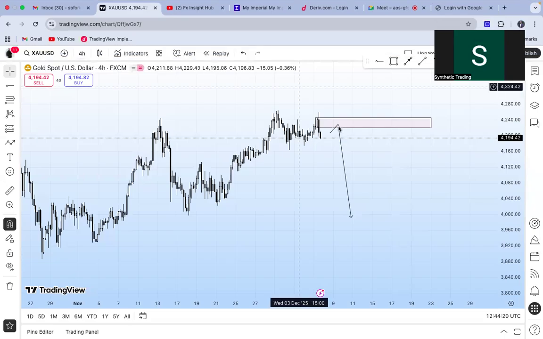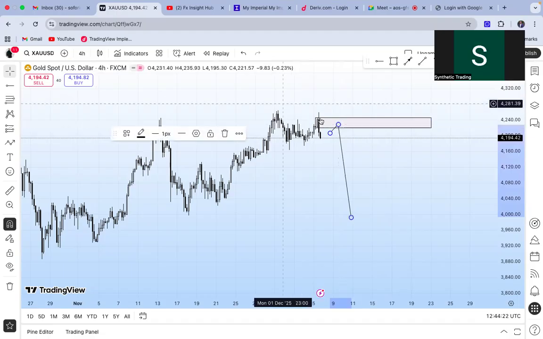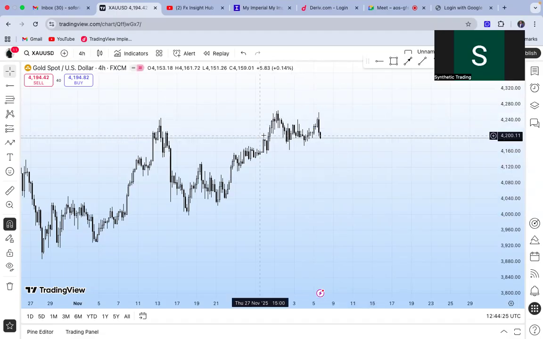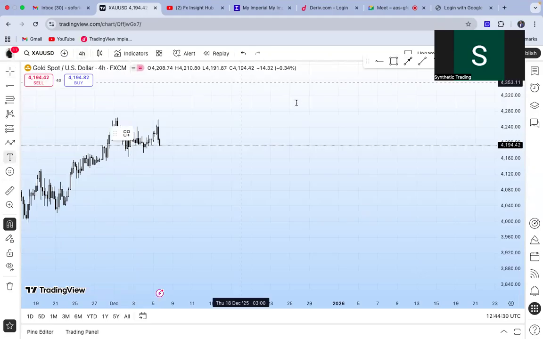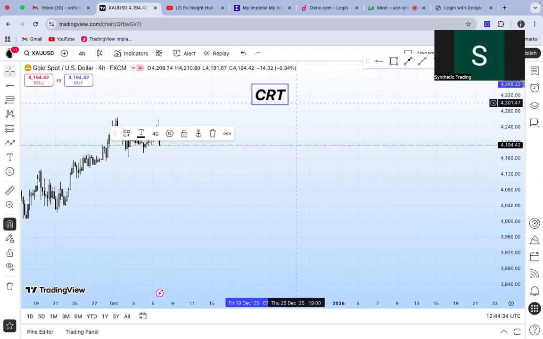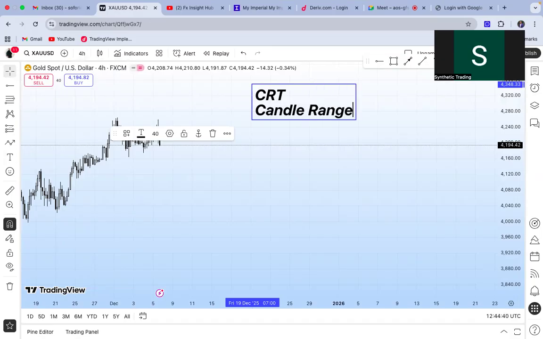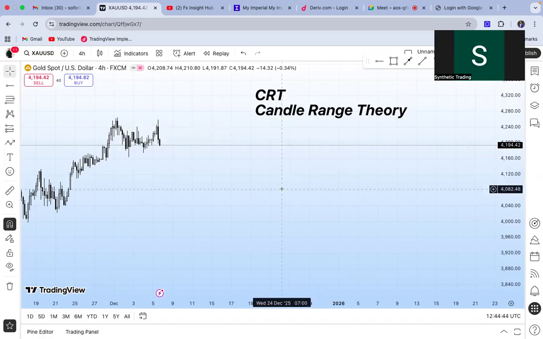the CRT effectively. So for the sake of our brother Ima, I would want to make some notes. Okay. So it's CRT, and it stands for candle range theory. Okay. And what the theory states is that